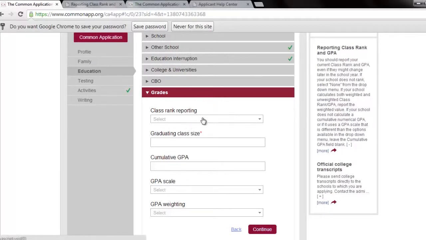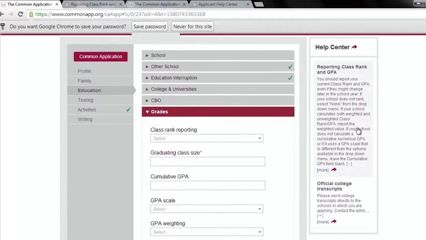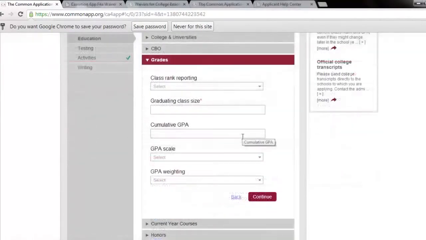If your school does acknowledge class rank, you'll also input your GPA. And if you need clarification on this section, you'll notice there are these prompts on the side. You can always review that. The Help Center has already laid out some responses to some of the most common questions or concerns, so you can reference that on the side. Now remember that whatever GPA you enter here should accurately reflect your transcript,